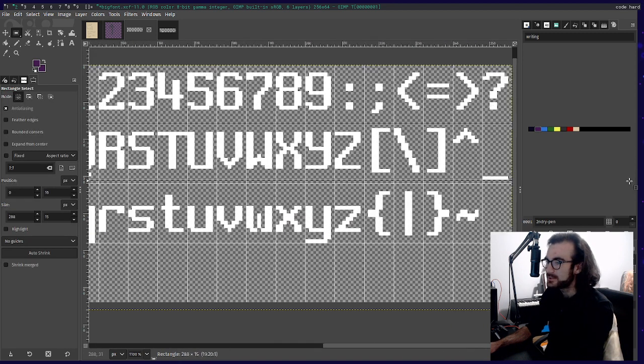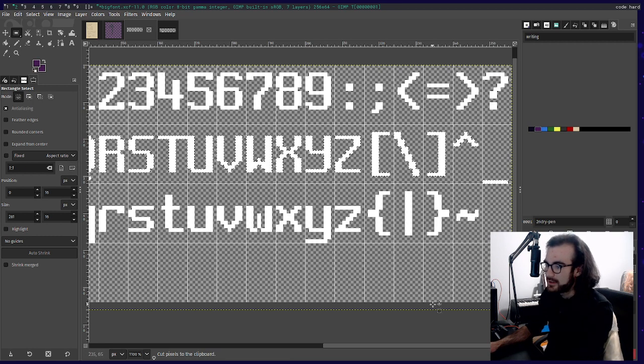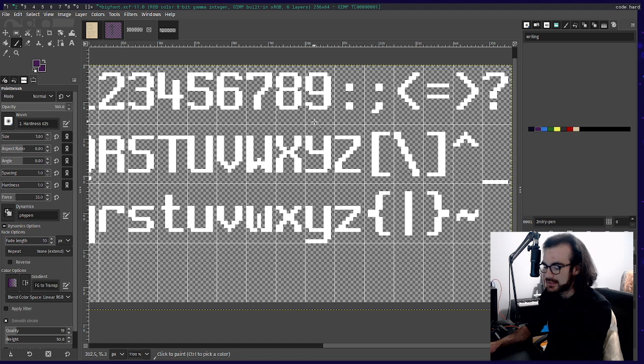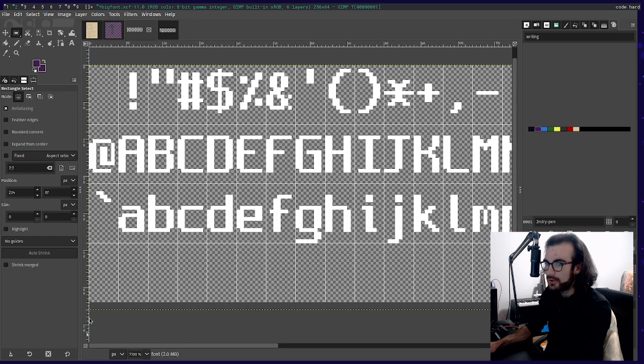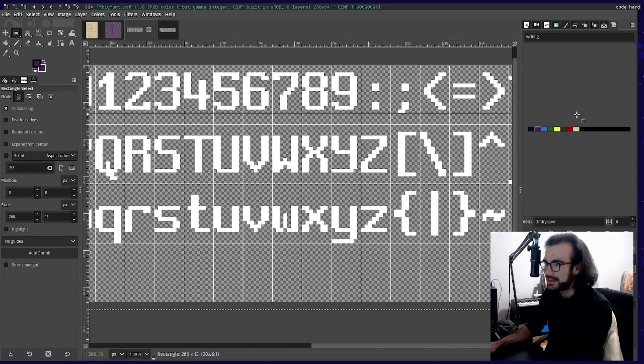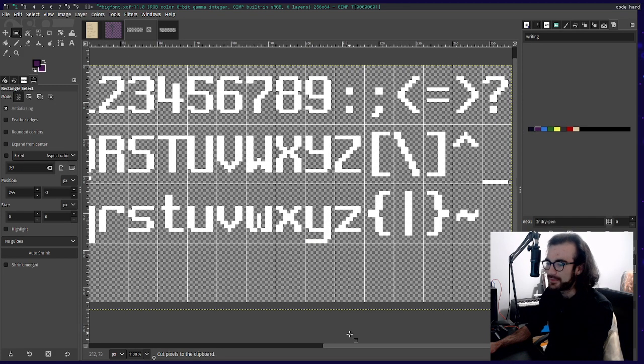So the lowercase was 1 pixel too high in conclusion. I think this is also 1 too high, right? 1, 2, 3, yeah. Cool. So we're just going to grab this row of numbers. We could have fixed this a different way as well. We could have just moved the lowercase 1, but this is fine. Okay, there we go.